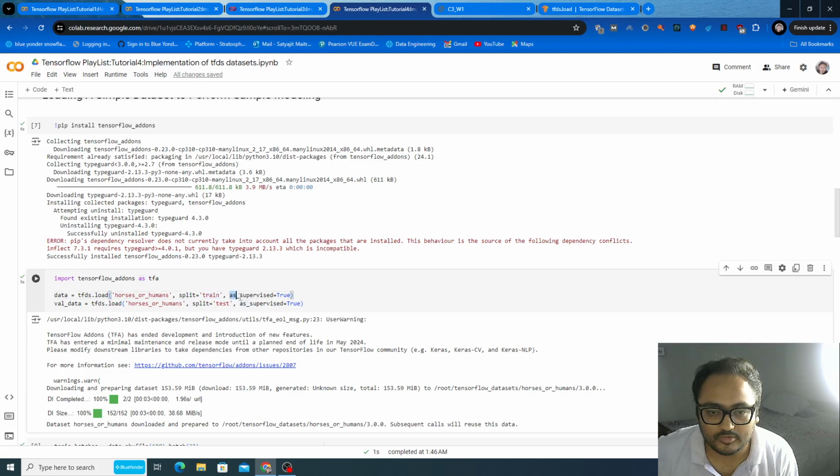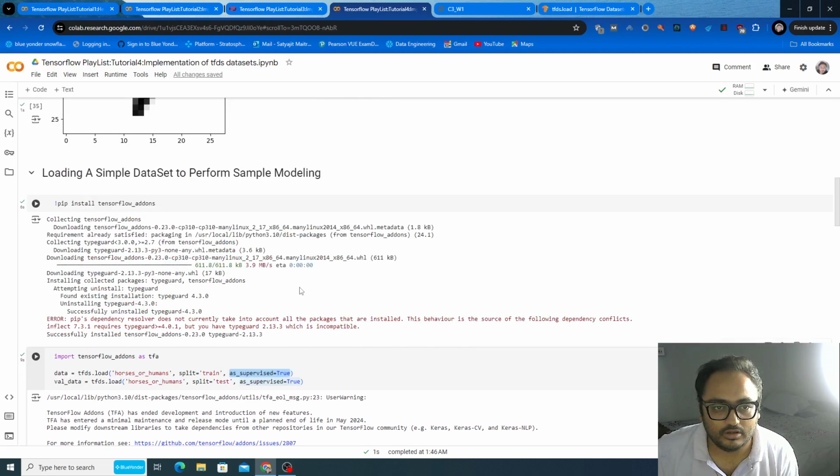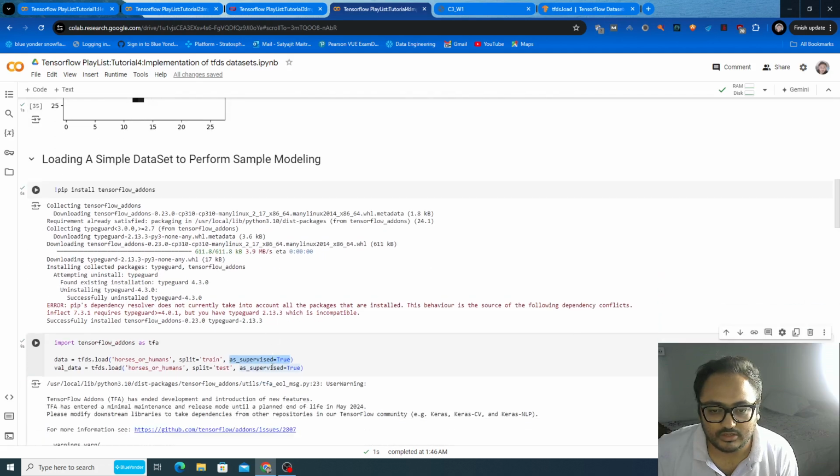Once you provide this flag in this method, it will create a NumPy kind of structure for your data set, or else it will return a dictionary like this one. So here it will return dictionaries, right? But once you mention that you require a supervised format, it will provide it in the tuple format. Okay,